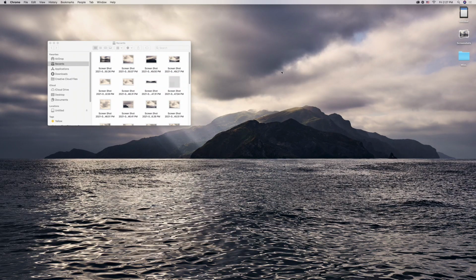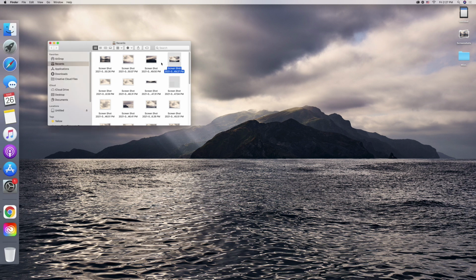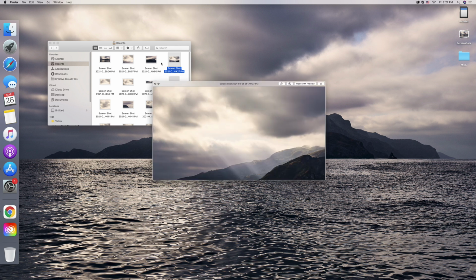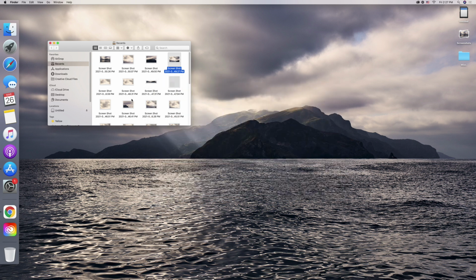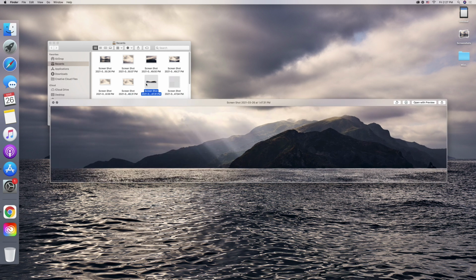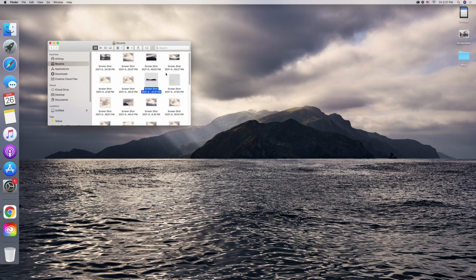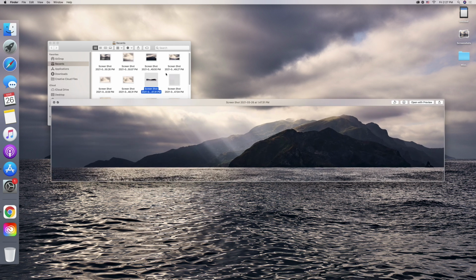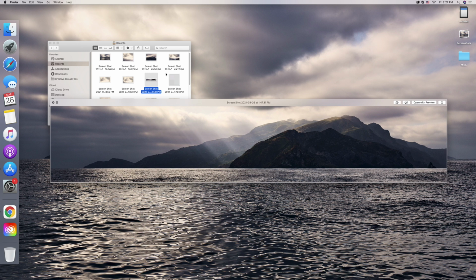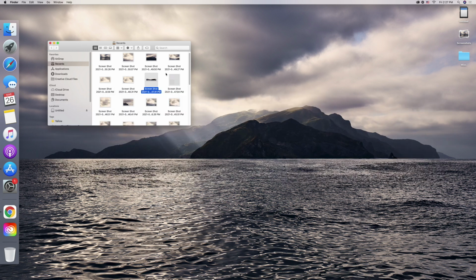If you ever want to check out one of your files and don't want to actually open up the entire file, all you need to do is, once you have that file selected, press down on the space bar. And it's going to give you a sneak peek of that file. And then when you release the spacebar, it's going to leave that preview. So it's a great handy feature. You don't need to open a file every time. Just select the one you want to look at, press down on the spacebar. It will show you a preview. When you release the spacebar, it will take you back to your files.